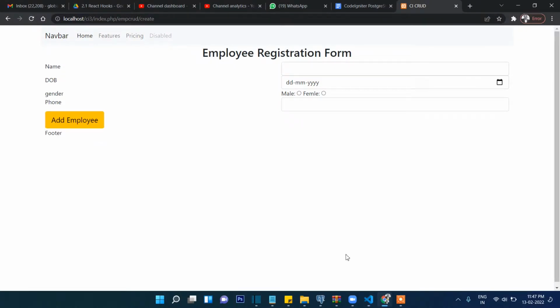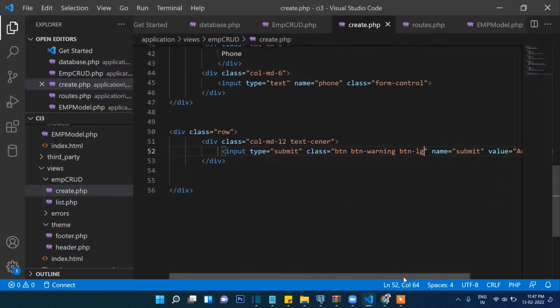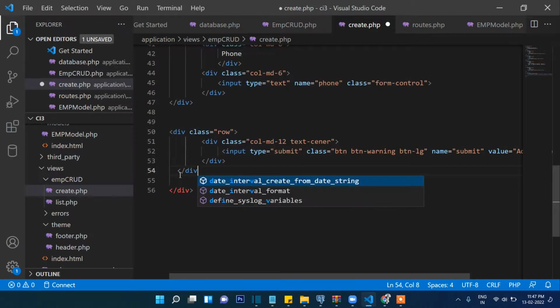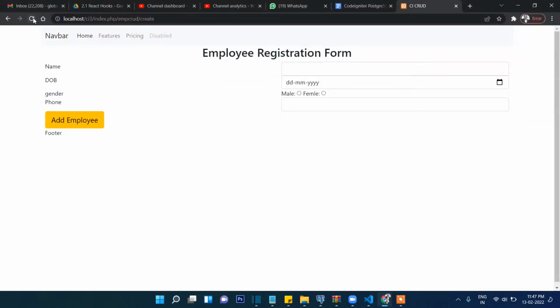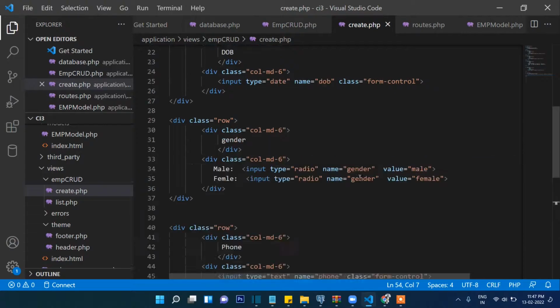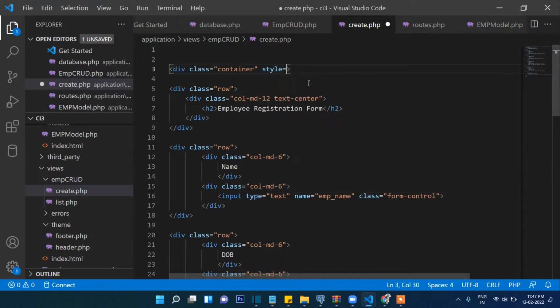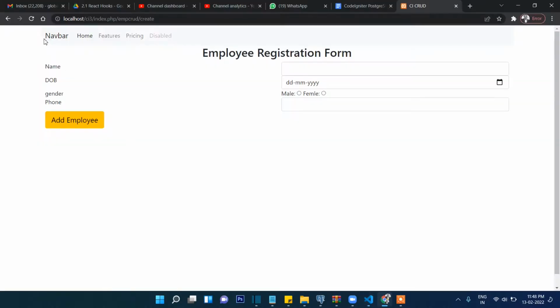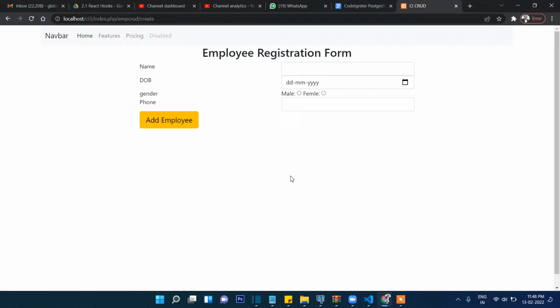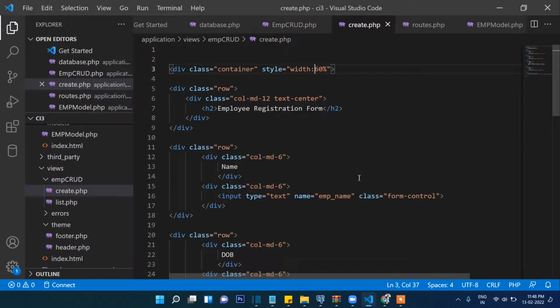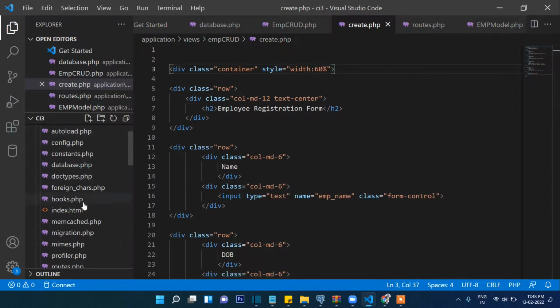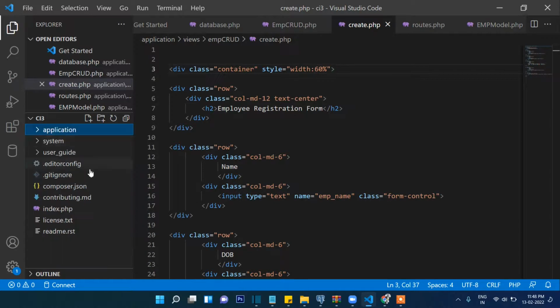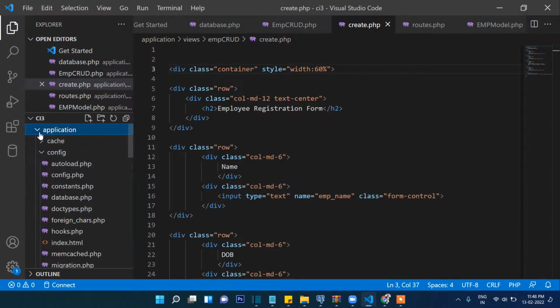Okay. Oh, there is some div mismatch here. This row is closing here. Yeah. Okay. So okay, now